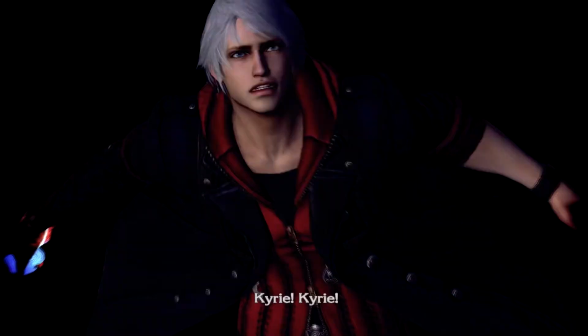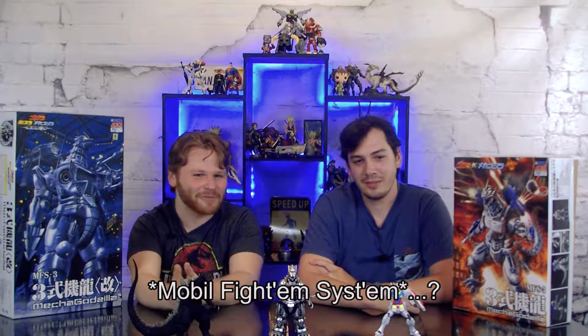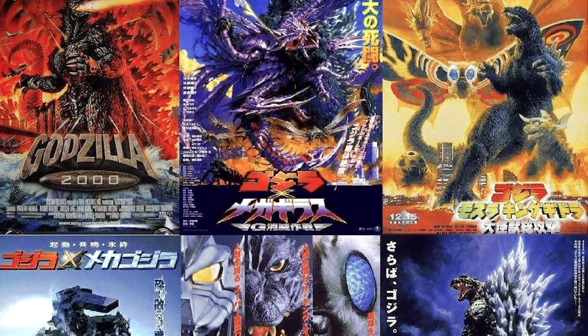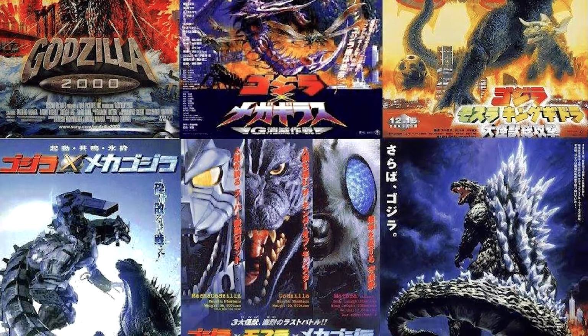All right, let's get into what this kit is representing. It's Mechagodzilla, or the Kiryu design. Mobile Fighting System 3. So these guys are from the Godzilla movies, Godzilla X Mechagodzilla from 2002, and this kit here is from the 2003 movie, Godzilla, Mothra, Mechagodzilla. That was the Millennium series, right? Yeah, Tokyo SOS. Both of these are from the Millennium series of Godzilla movies that ran from 1999 up to